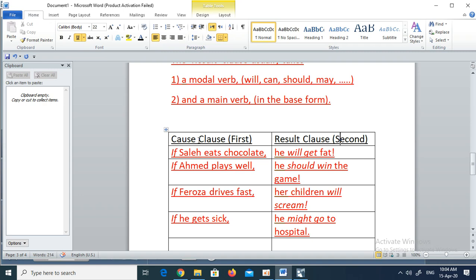We can also put the result clause first and the cause clause second. So we can say the result is